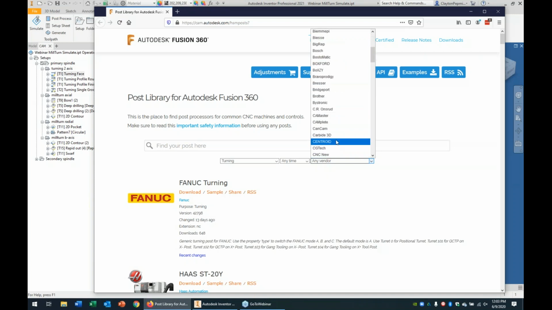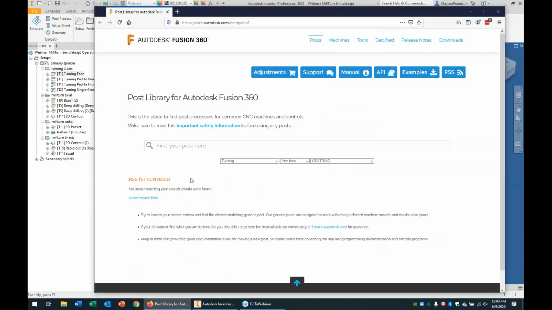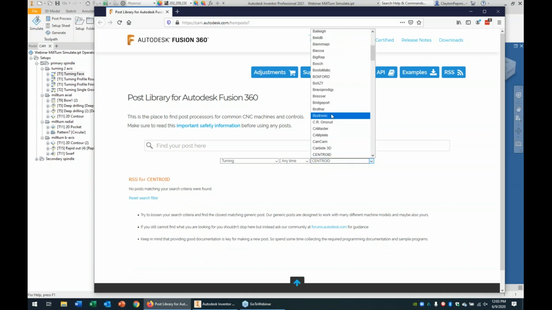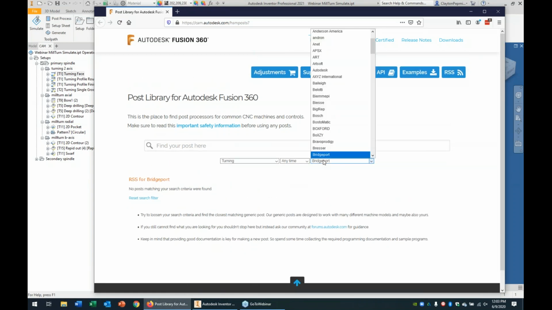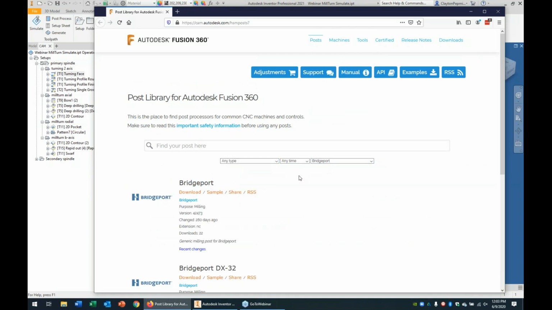It happens to be a Centroid. Of course, I would pick the one. Let's say it's an old Bridgeport. Oh, Bridgeport is milling. But, you know, just even Bridgeport